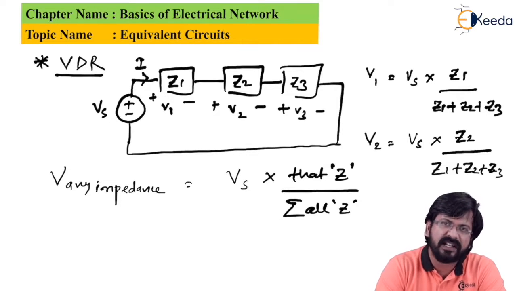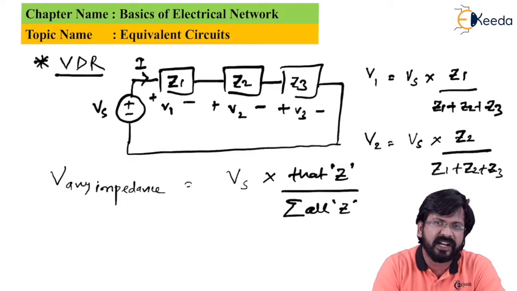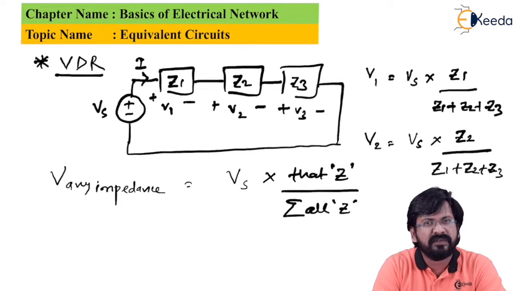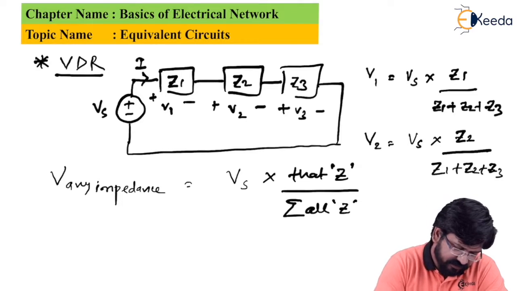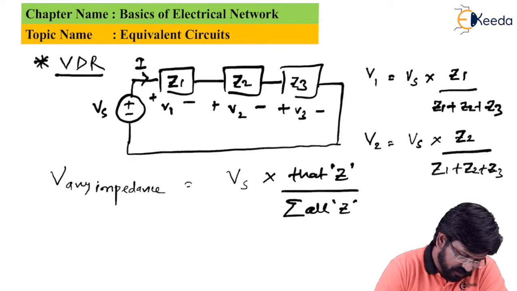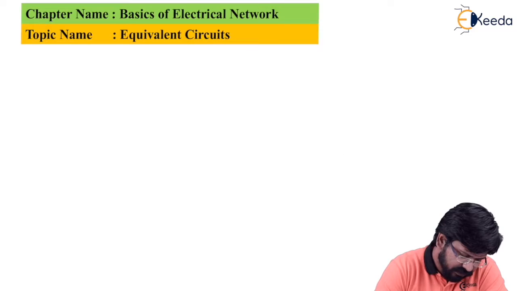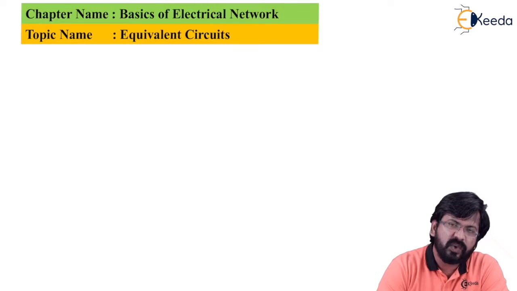In case of parallel circuits, since current gets divided, we apply the current division rule. On the contrary, in parallel circuits, voltage always remains the same, and that is the reason why the voltage division rule will not be applicable in case of parallel circuits. So now we will see how to deal with resistors, inductors and capacitors for the voltage division rule.